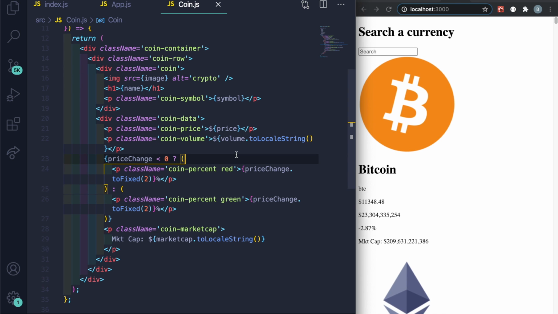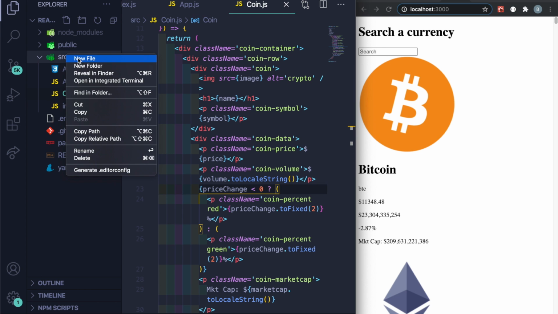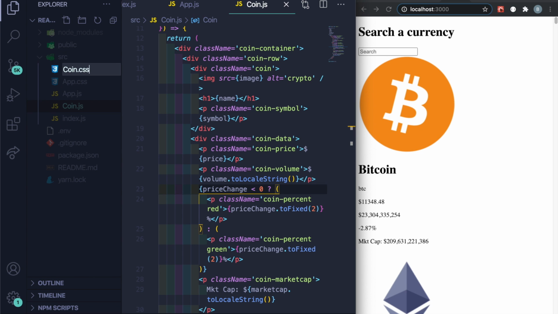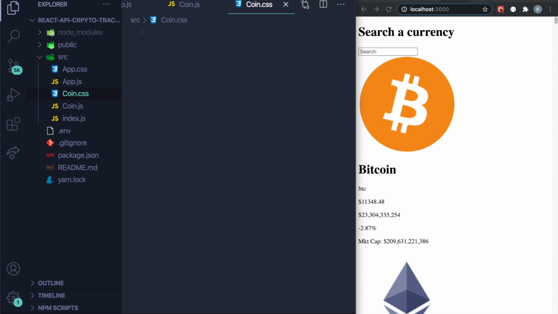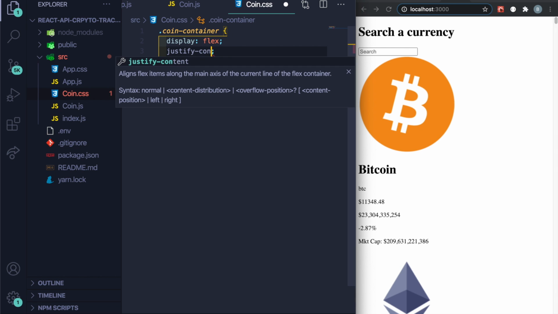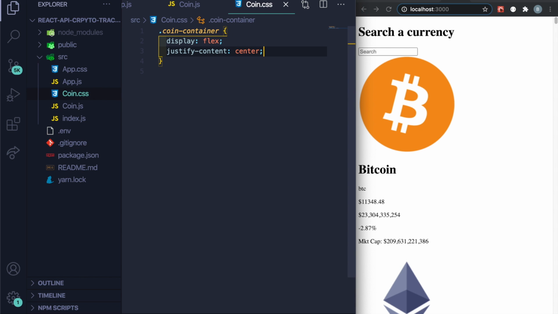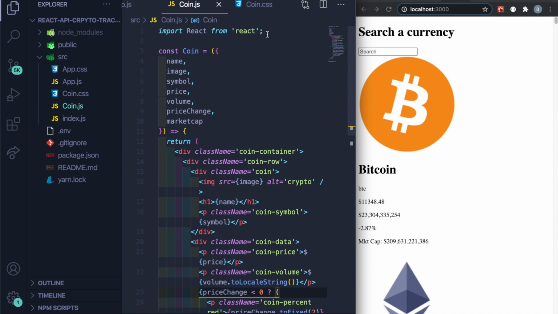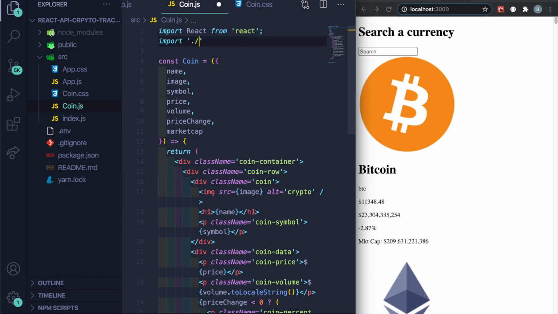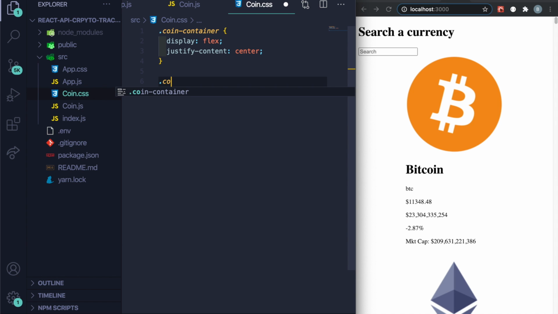Now we need to just add in our CSS. So here I created another file, so new file coin.css, and there's not that much CSS, so I'm just going to go ahead and type it out. It really is not going to take that long, but let's just say .coin-container equal to display flex, and then justify content to be center, and then I have to import this too, so let's go to coin.js, go here and just do import quotes ./coin.css, save it here, and then let's do .coin-row